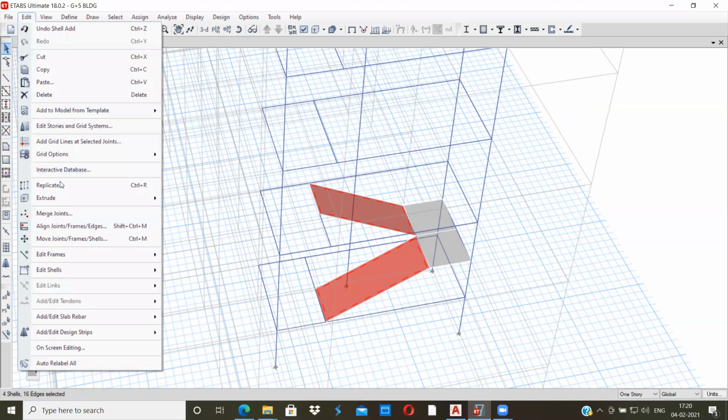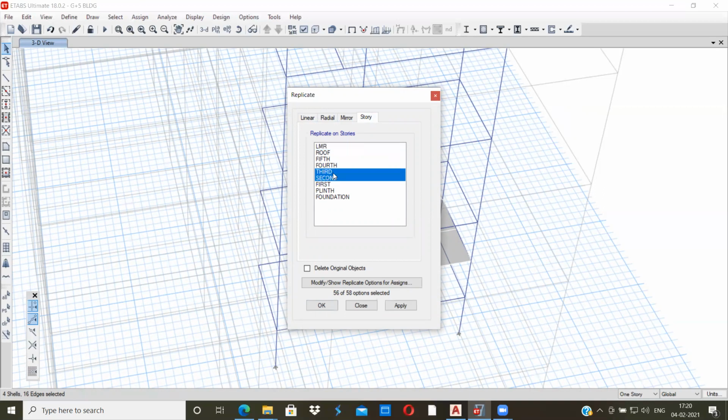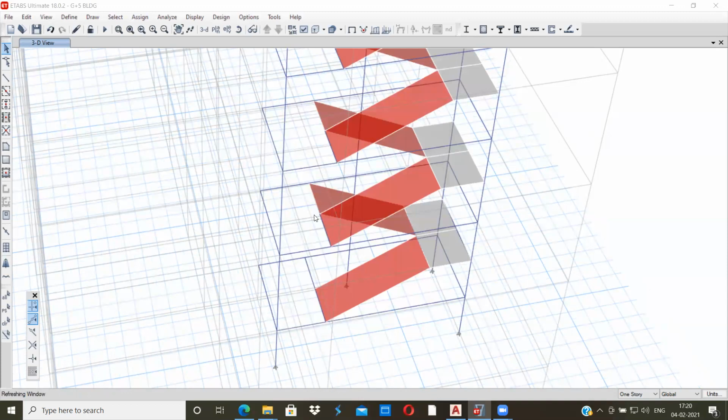I'll go to edit, I'll go to replicate, I'll select story. Since it is there from plinth to first floor, I will select second, third, fourth, fifth, and roof. So when you go to apply, you can see that. Apply.